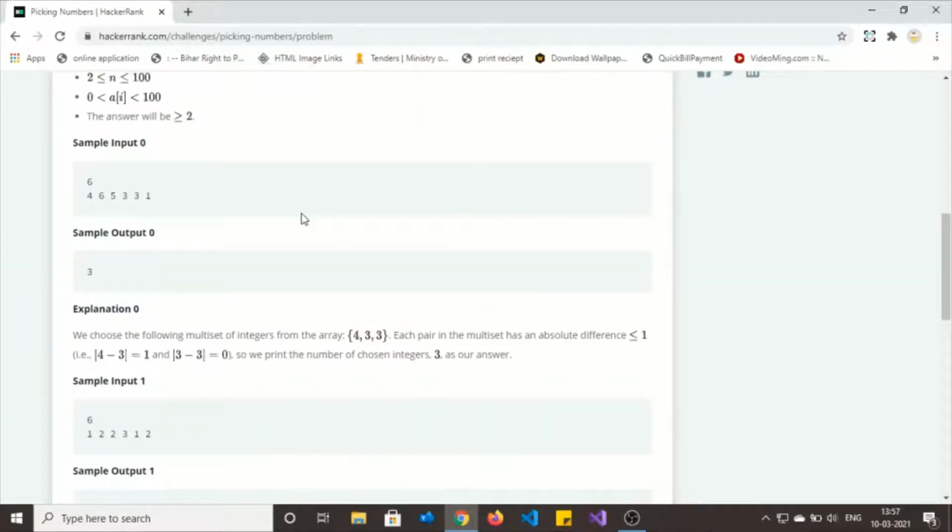For example, if we take this sample input, the first input is 6, so the length of the array will be 6. We have 6 elements, so we need to return the longest subarray which meets the criteria. For example, we choose the following multi-set of integers from the array: 4 3 3 and 3.